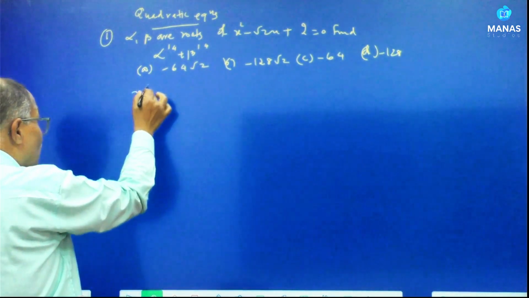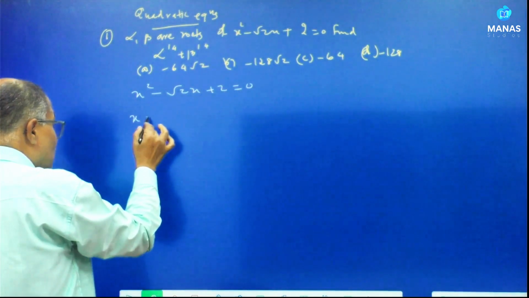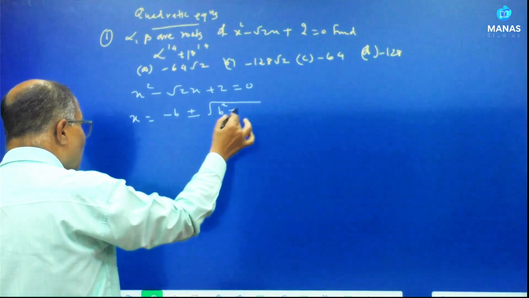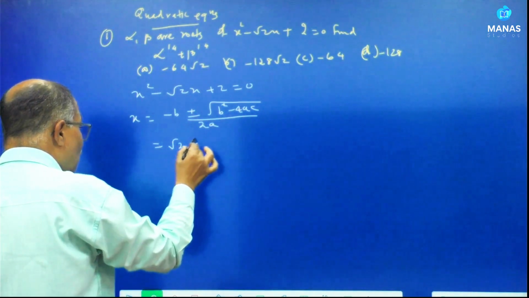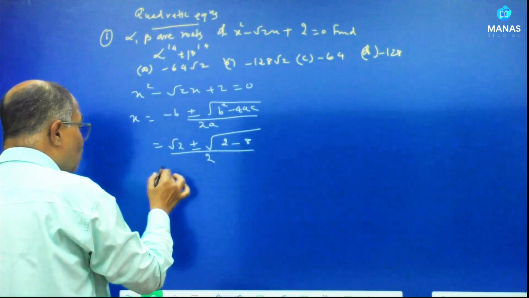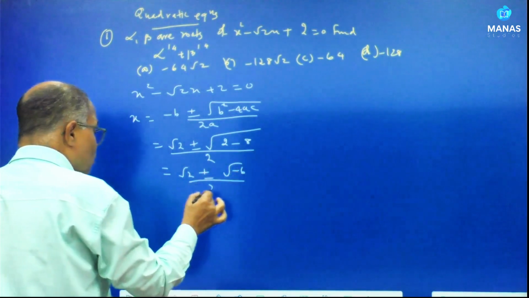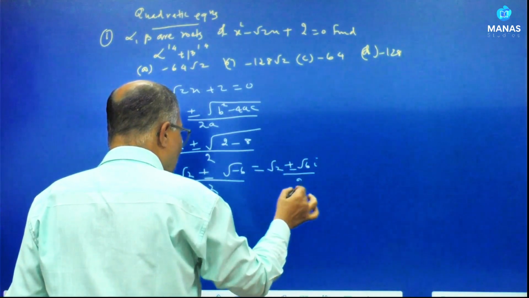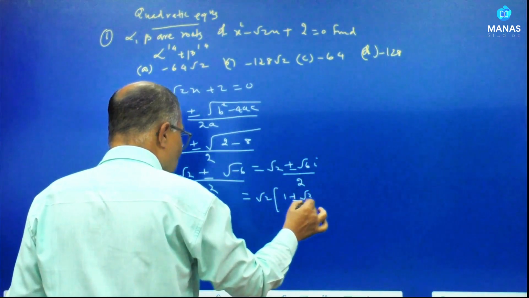We are given x square minus root 2x plus 2 equal to 0. That is x is equal to, using the formula, minus b plus or minus root of b square minus 4ac divided by 2a, that is root 2 plus or minus root of root 2 square minus 8 divided by 2, which is root 2 plus or minus root of minus 6 divided by 2, that is root 2 plus or minus root 6i divided by 2, which is equal to root 2 take outside, 1 plus or minus root 3i